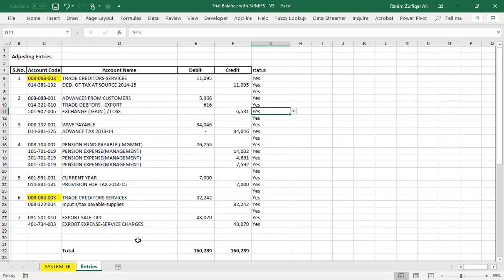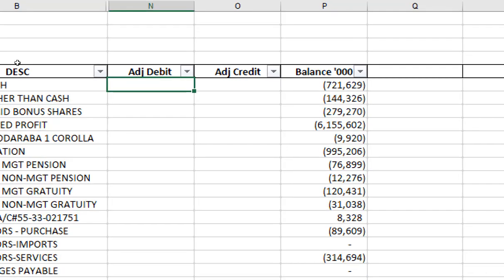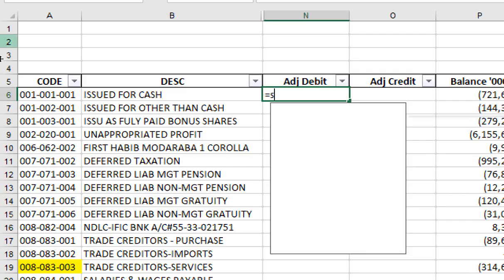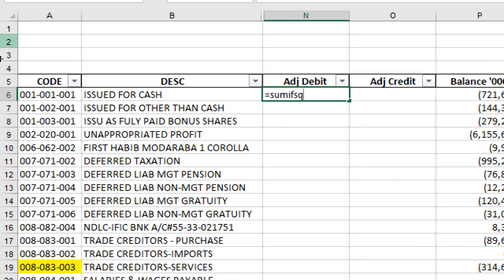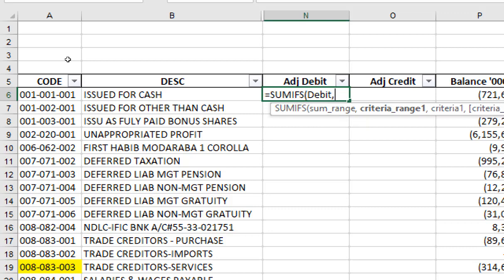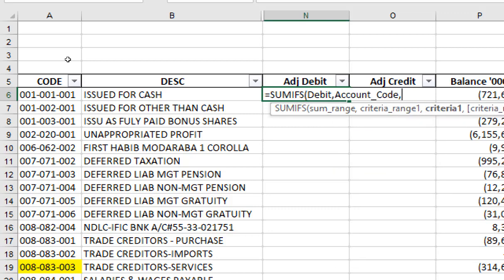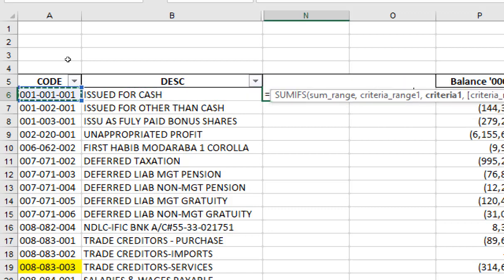So now the last step is going to the SUMIF. Now instead of SUMIF we will be using SUMIFS, because now we have two criteria. So here we are starting SUMIFS. The sum range is the debit column. Alright, criteria range 1 is the account codes, starting from A6 here, right?